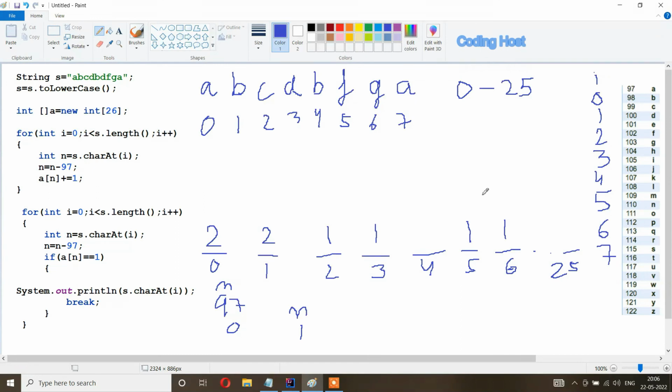Then i plus plus, so i will become 2. At index 2 you can see that we have c, and the ASCII value of c is 99. So we will store 99 in n, and after that we will subtract 97 from it. So 99 minus 97 will become 2. We will check whether the frequency in the array at index 2 is 1. So at index 2, yes, the frequency is 1. So we have found our first non-repeating character. We will print c in the output, and after that we will break this for loop, because